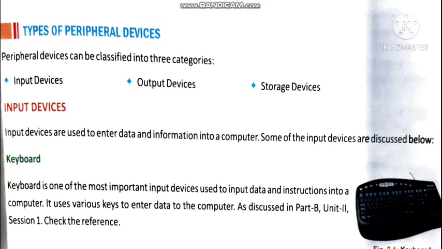So I have taken some of the important points from that chapter. Basically, different types of keyboards are available in the market, and the most commonly used is the QWERTY keypad. You can see the alphabetical keys available on the keyboard. It starts from Q, W, E, R, T, Y, and from there comes the name QWERTY keypad. The arrangement of the keys is like that, and in the beginning you will get these keys.